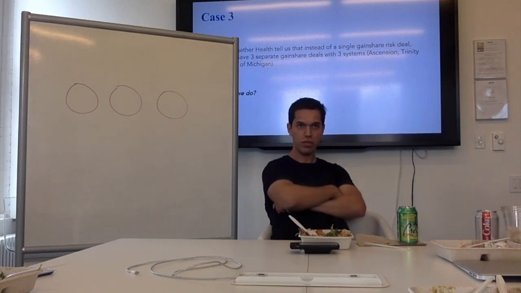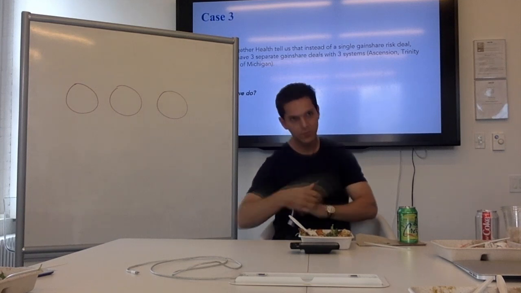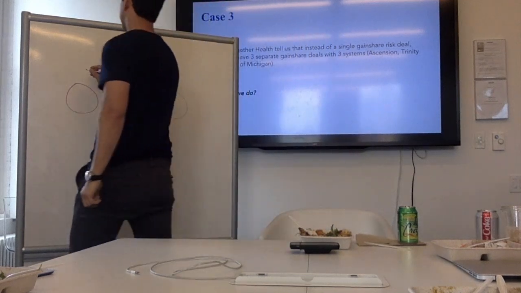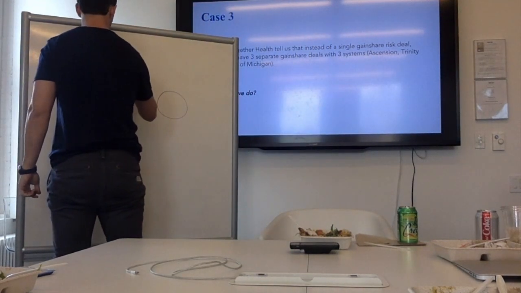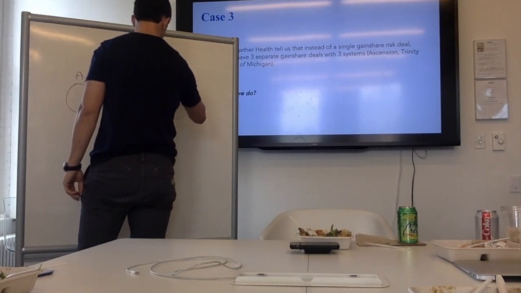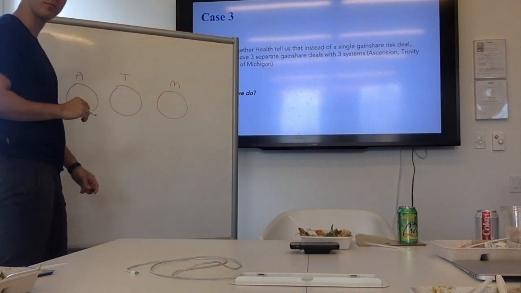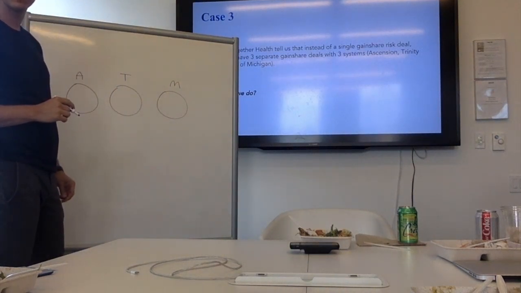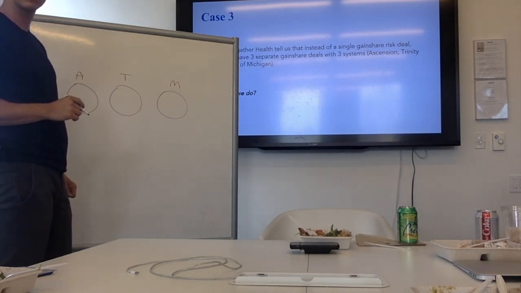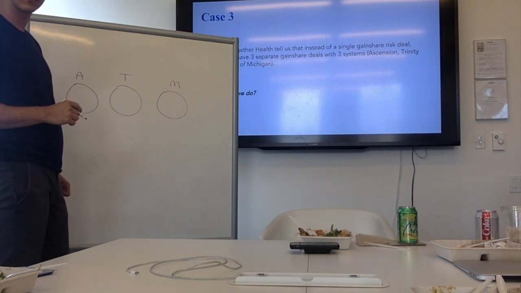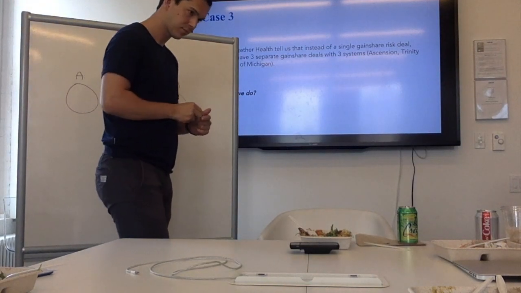I guess if you consider the 3 hospitals together, say Ascension knocks it out of the park, but then Michigan has a really high cost because we pay for veterinary care, for example. Altogether, I think that takes a flattening impact such that since it's only upside, they'll neutralize each other out. However, if you have 3 separate systems, you'll still owe Ascension money because they knocked it out of the park. The other 2 don't have downside, so the net is that you pay out on the upside for Ascension if you take them separately versus in aggregate.